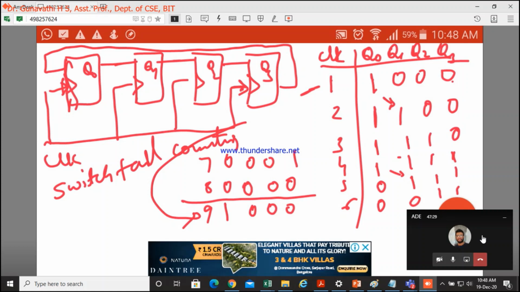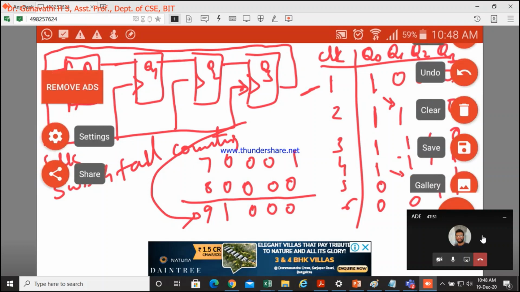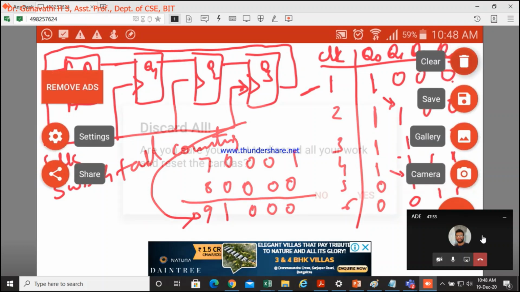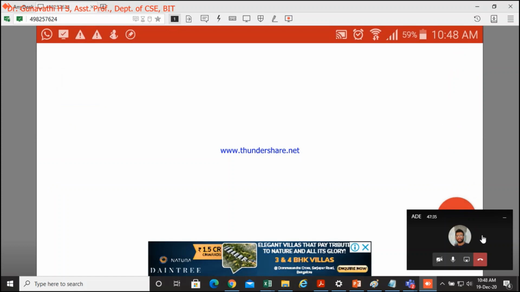Now we'll discuss the counter. In the counter we have already discussed what the different types of counters are. Don't say ring counter and switch tail counter are the different types of counters.